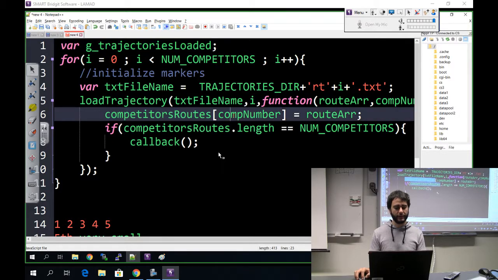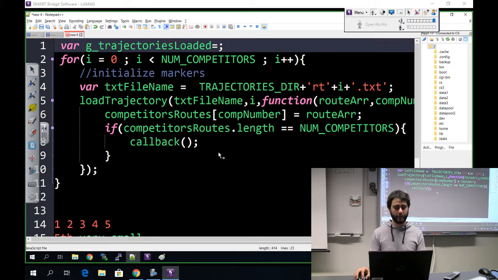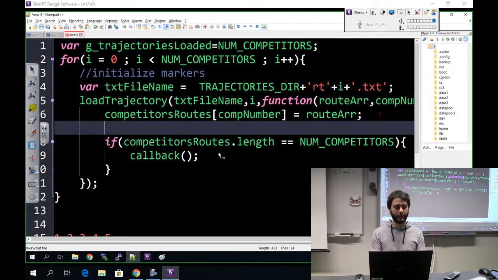And this one here is going to still do the same thing that you put your competitors' routes in their position there. But before you start loading any of the trajectories, this value is going to be initialized to the number of competitors